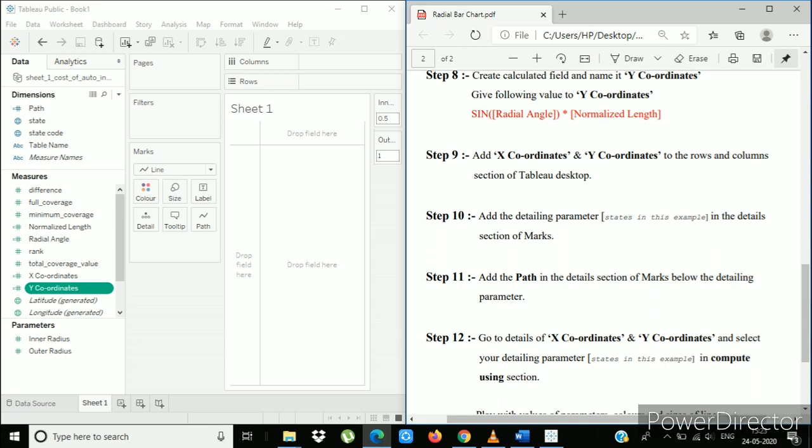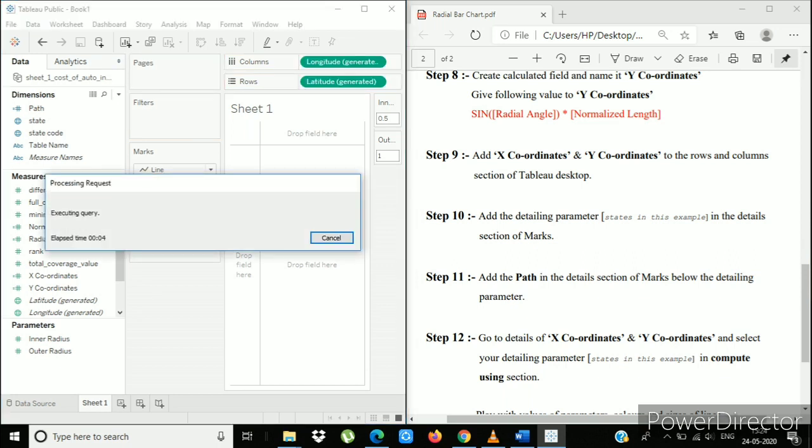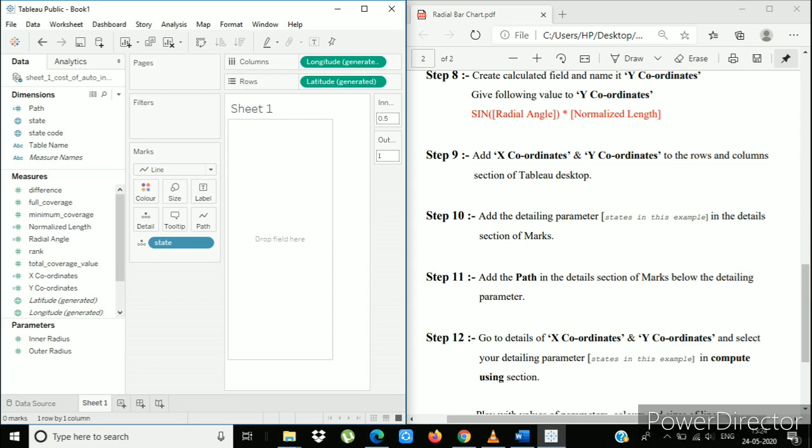For creating the radial bar chart, we will drag straight to the marks section. Now we will drag path to the marks section.